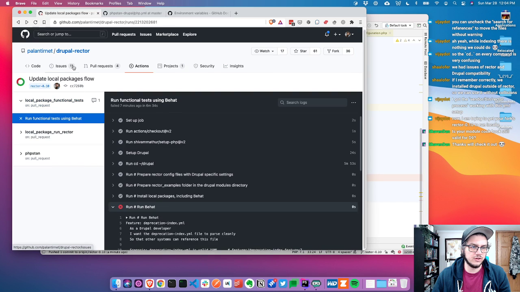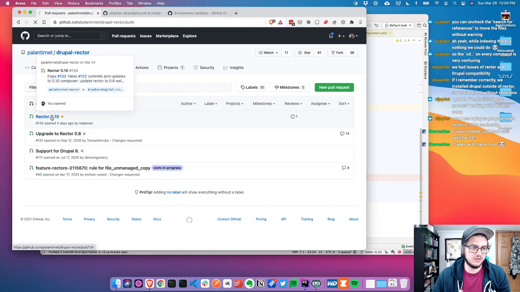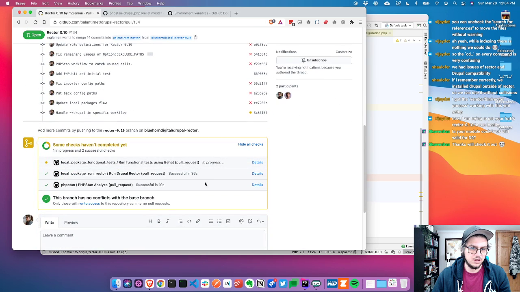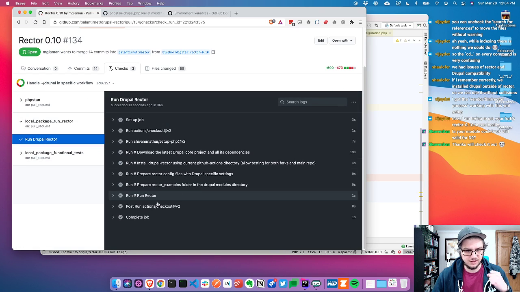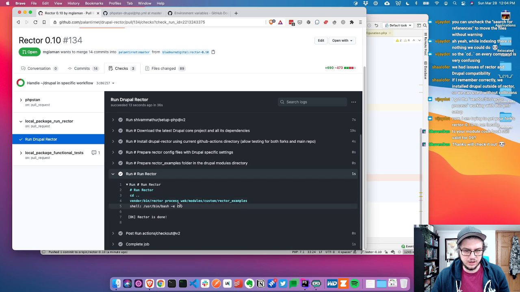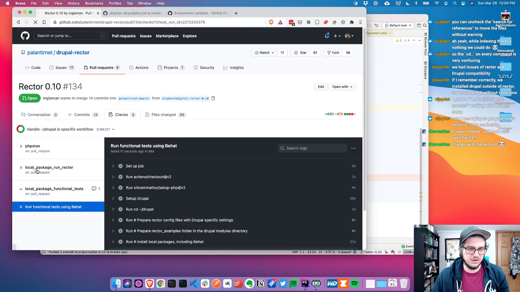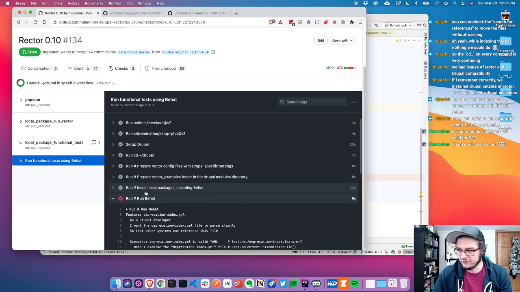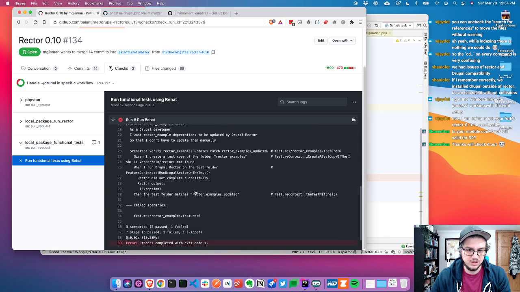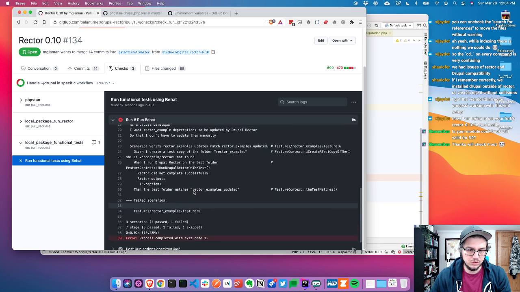I'll refresh this. Let's go back to the pull request. So local package run. Oh, look how much faster that is. 36 seconds. Yes. Great. I love it. 36 seconds is nice. That is much faster. And this failed. So that was taking 4 minutes to run. At least now, when it's installing, it took 2 seconds to install everything. So that's cool. But